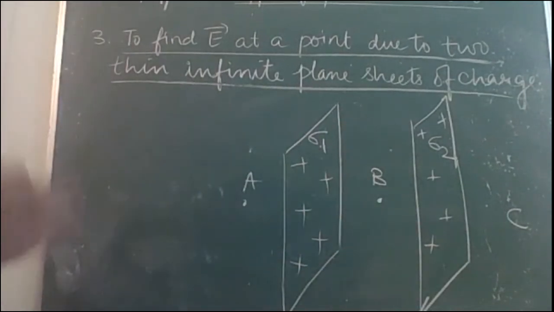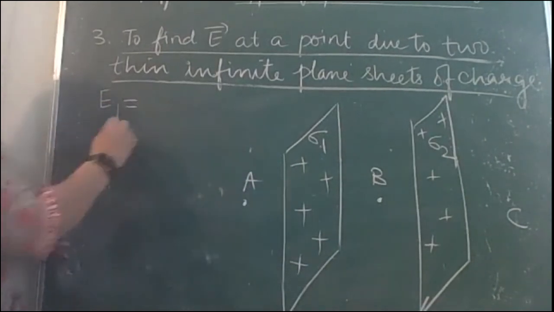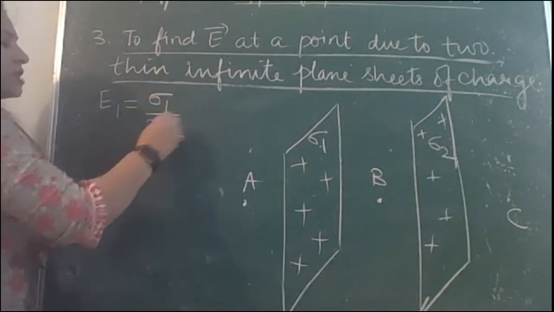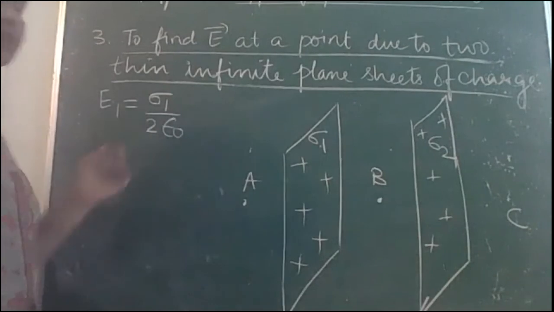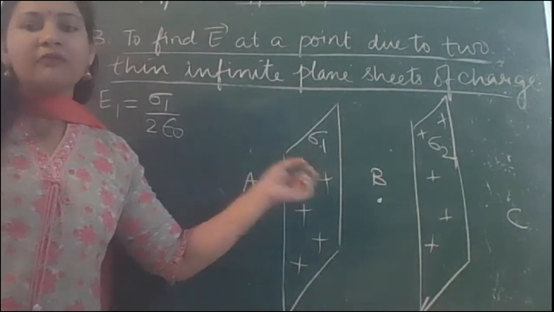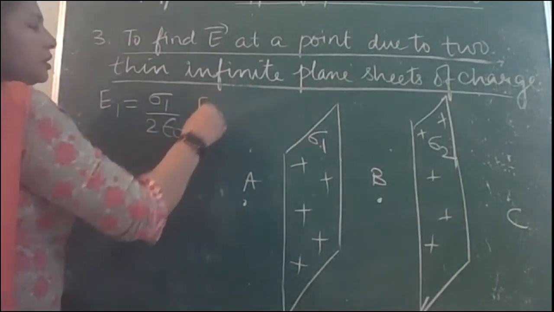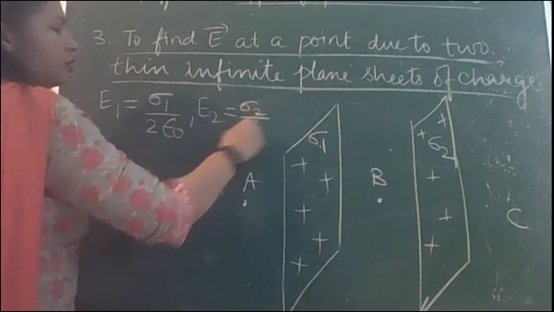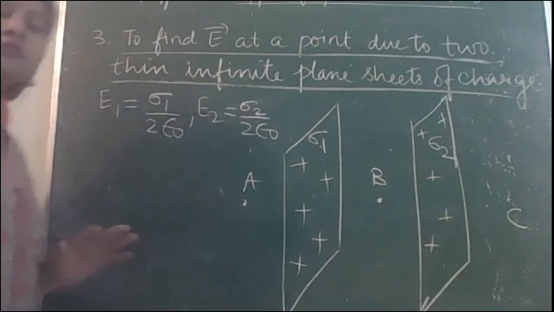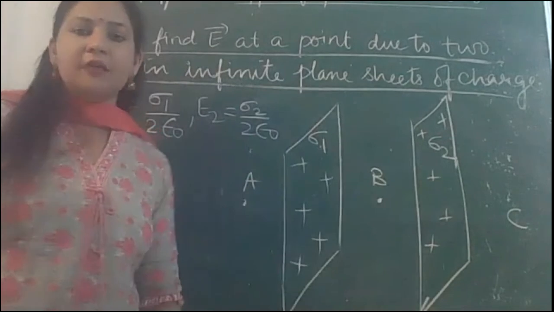Okay. So first of all, let us write what is electric field due to this first sheet of charge. अभी हमने फॉर्मूला किया, thin sheet of charge का फॉर्मूला क्या था? Sigma by 2 epsilon naught. So how can you write the expression for electric field intensity due to first sheet? That is E1 equals sigma 1 by 2 epsilon naught. And due to second sheet, E2 is sigma 2 over 2 epsilon naught. We are to find resultant electric field intensity at points A, B and C. ठीक है, वो निकालते हैं.